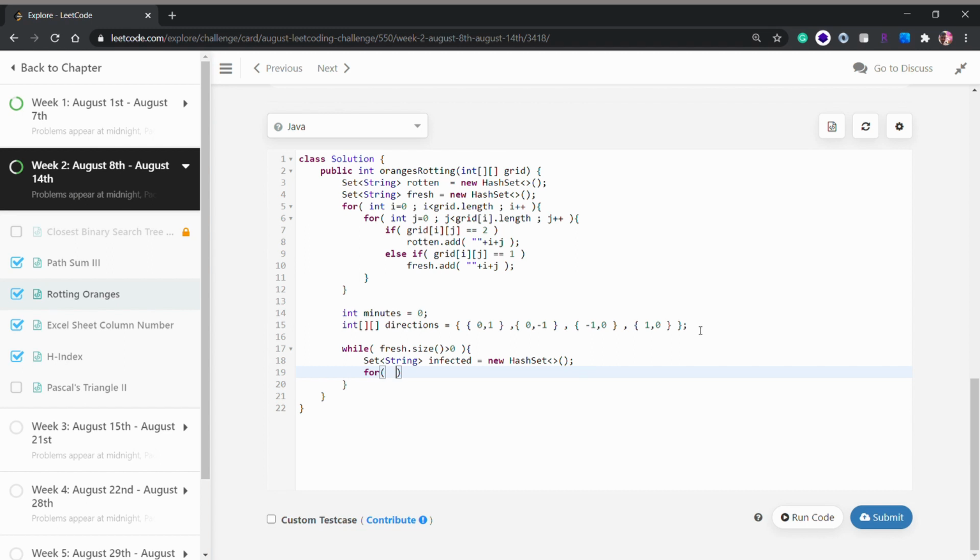Now for each string element of rotten, integer row equals element.charAt(0) minus '0'.